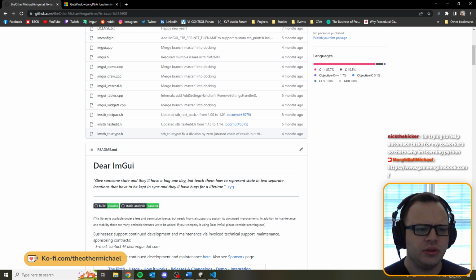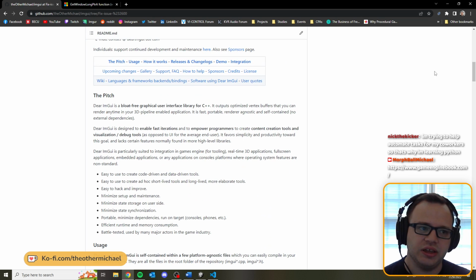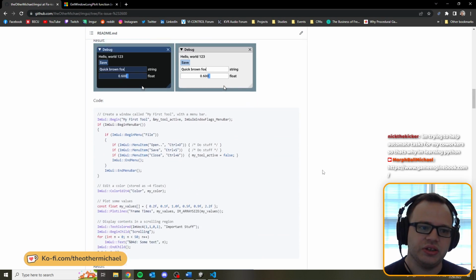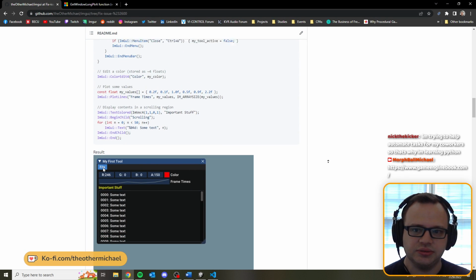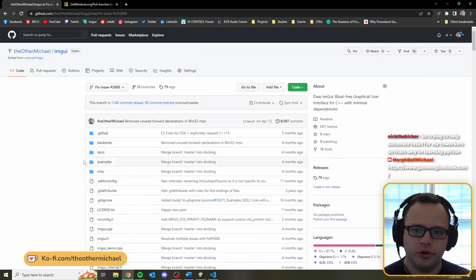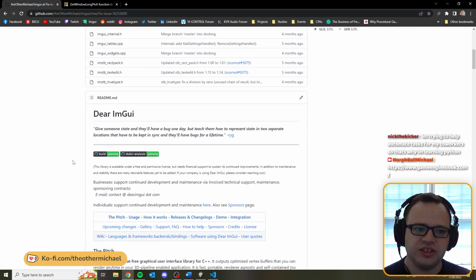CPUs work. I'm trying to help automate tasks for my coworkers, so that's why I'm learning Python. That's a perfectly fine way to do it. I've used Python for a handful of things, mostly when I need to process text files into some other form. So, for example, I was working on